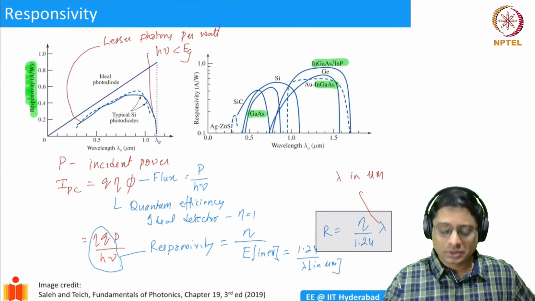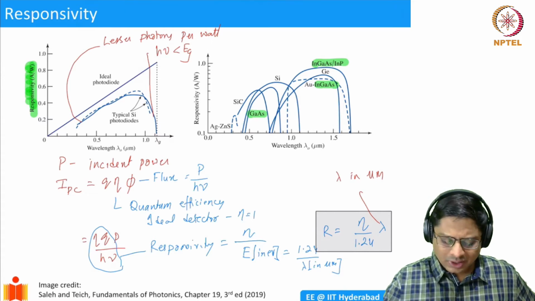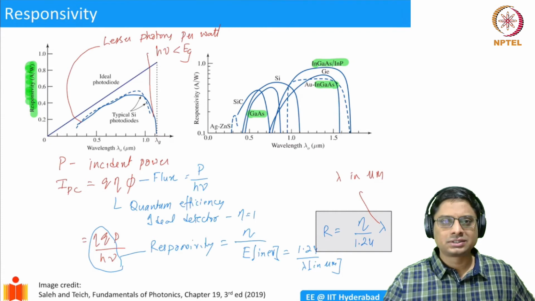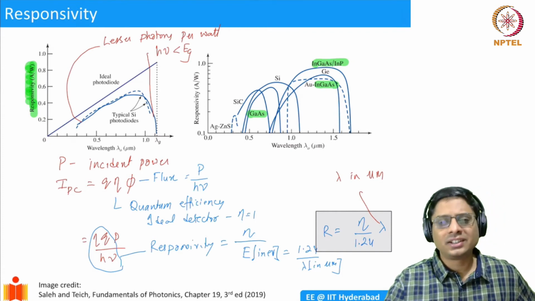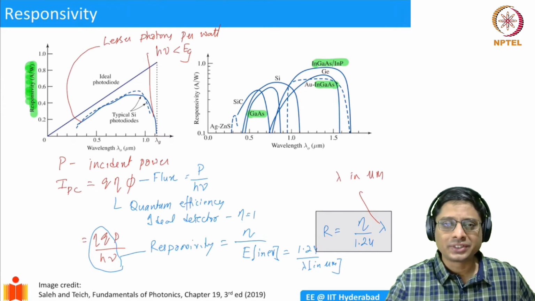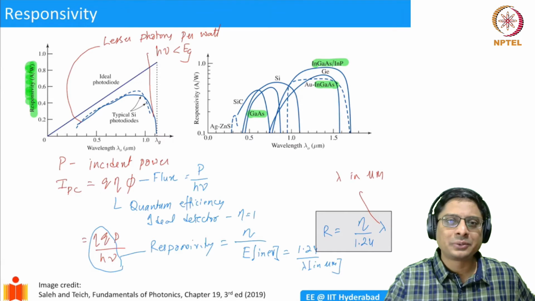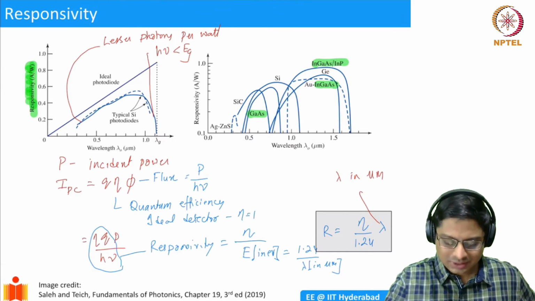Okay. So some of you must be wondering that we said that silicon and germanium are indirect bandgap materials, and they're not very efficient in interacting with light. Then how are we using them as photodetectors? It sounds counterintuitive, but it's not.